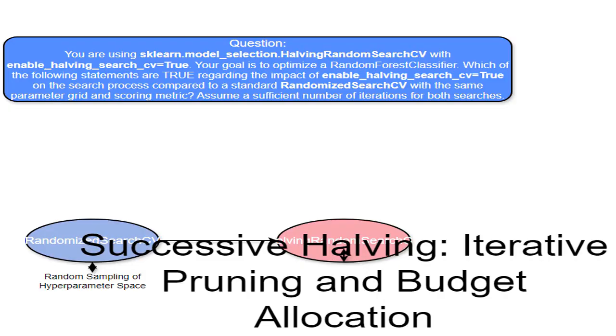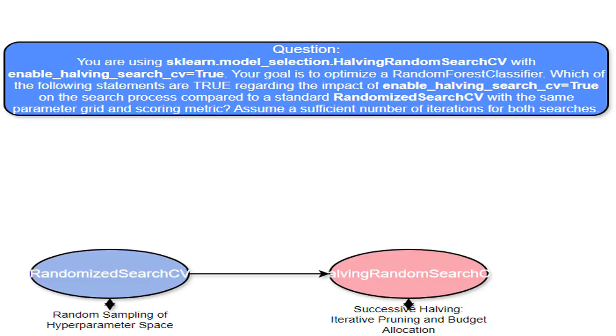I see this line describes the core of HalvingRandomSearchCV. It starts with many models. After a test run, I eliminate half the worst performing models. Then, I increase the computing power given to the remaining models for a more thorough evaluation in the next round. This process repeats, similar to a tournament where weaker competitors are eliminated at each stage. Pretty efficient, right? This is a more general statement about comparing different approaches to hyperparameter optimization, specifically contrasting